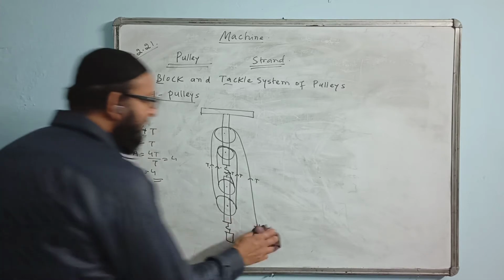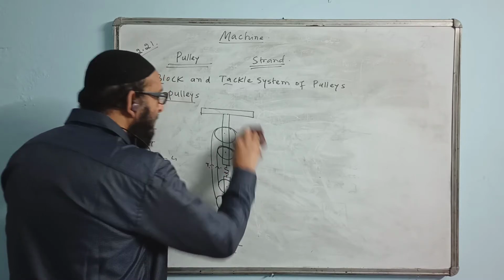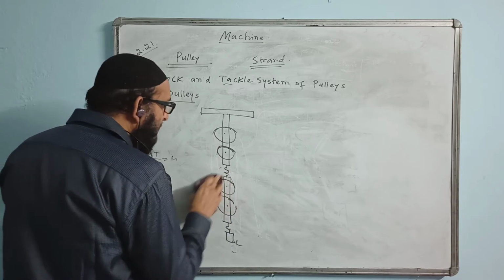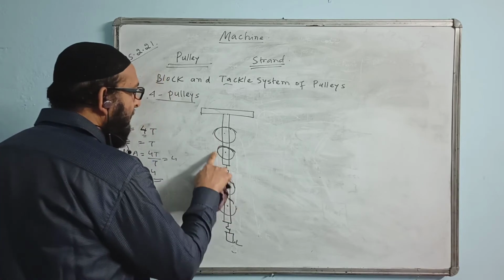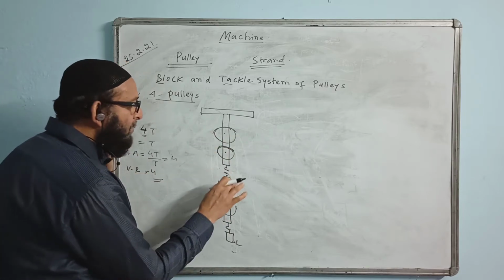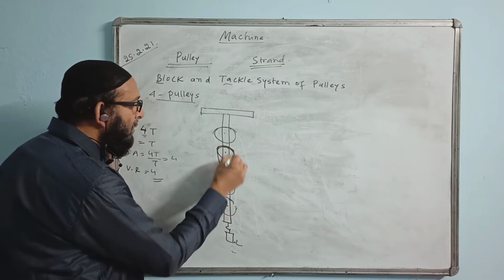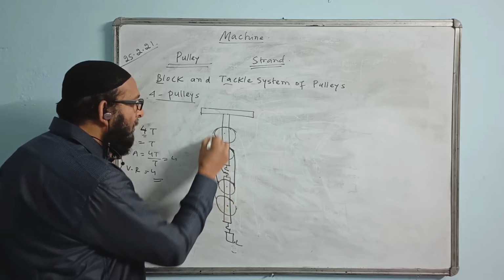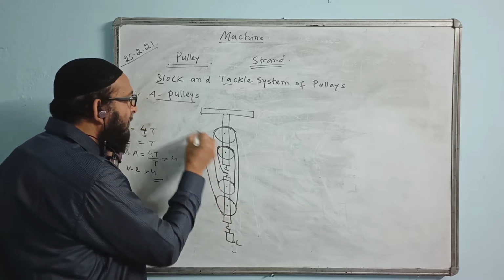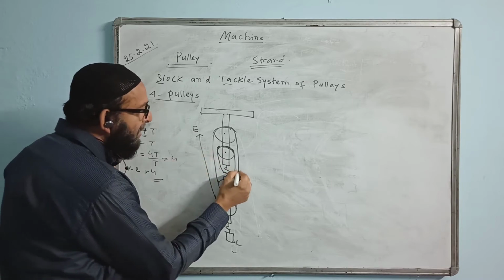Now let us check the same diagram, but I will start from the lower hook now. Just now I started from the upper hook. Now I will be starting from the lower hook. Now see what is happening. It is possible to tackle all the pulleys even using the lower hook. Suppose I start from the lower hook with this one round here, one round here, one round here, one round here, and one round here. The effort is in the upward direction, which is inconvenient. But now I will mark the tensions in this case.